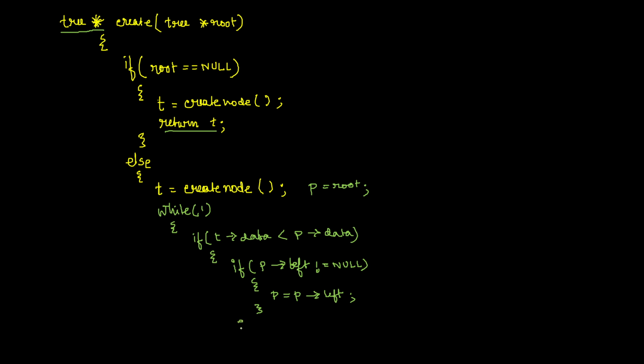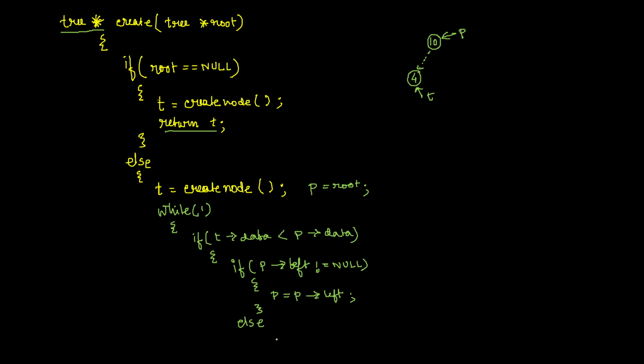Now if it is not true, that means p left is equal to null. So a situation is something like this: I have a data 10 which is pointed by P right now, and I have some data 4 which is pointed by T. This is representing the whole tree itself. So this P left is null in this situation, so it will come in the else part and it can directly connect,